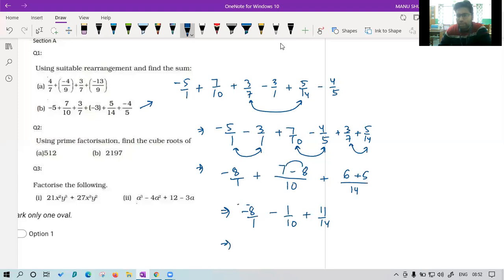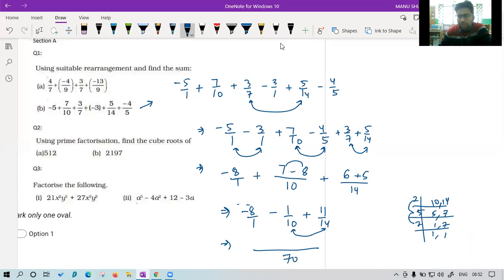Now finally, we have to take the LCM of 10 and 14. Class, tell me, what is the LCM of 10 and 14? 2 5s are, 2 7s are, then 5 1s are, and 7 1s are. So 2 5s are 10, 10 7s are 70. The LCM is 70. Very good, Joel.